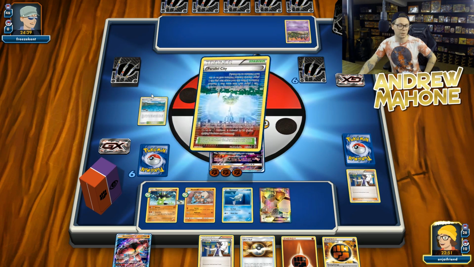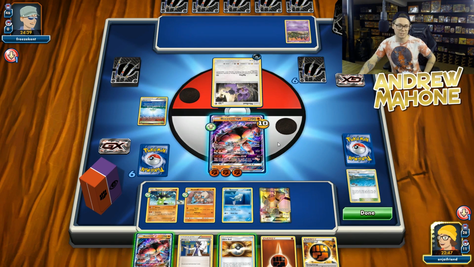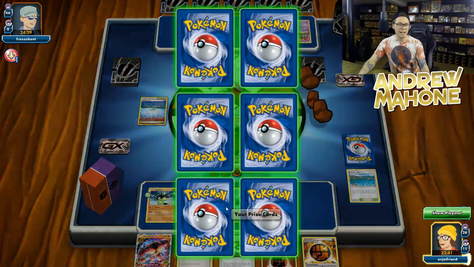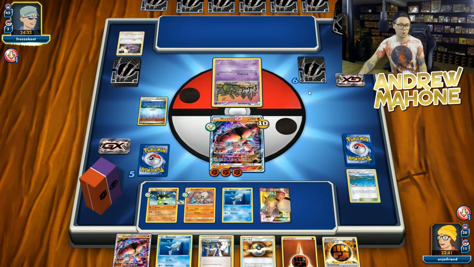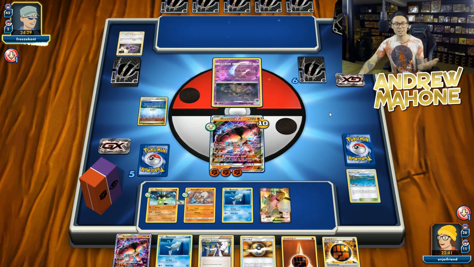I will Parallel City my opponent as well. I'm playing 2 copies of Parallel City in this deck. I think it's just so strong. Very good for limiting your opponent's options, especially so that they cannot Bridget for a full bench. Bridget is just such a highly played card in standard format right now. And if your opponent tries to Bridget and you got a Parallel City in play, a lot of times they can't get all the Pokemon that they would want to,